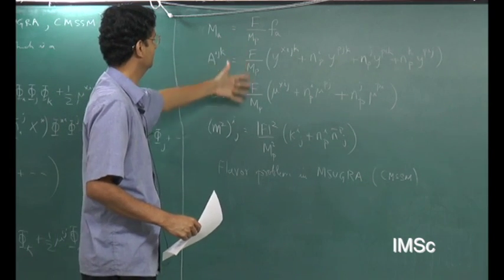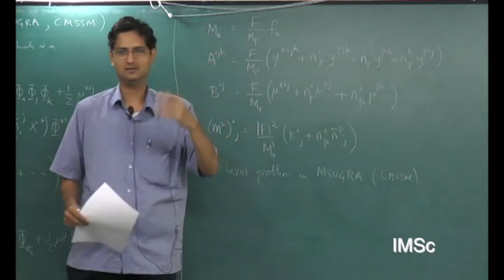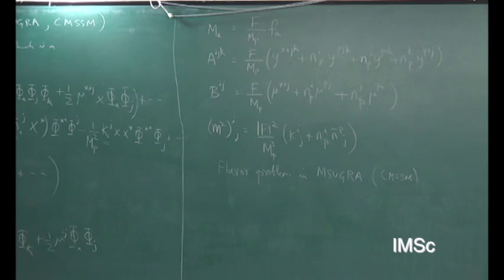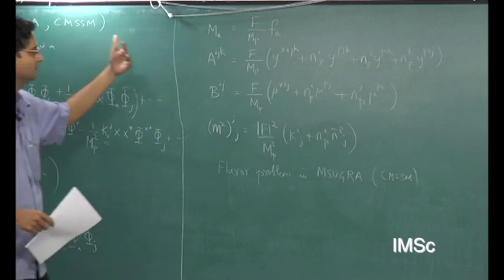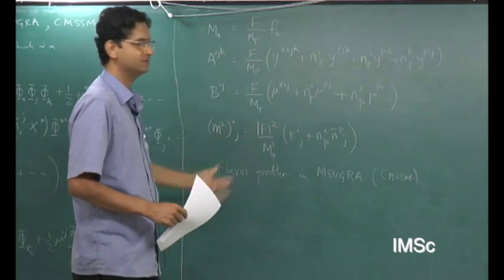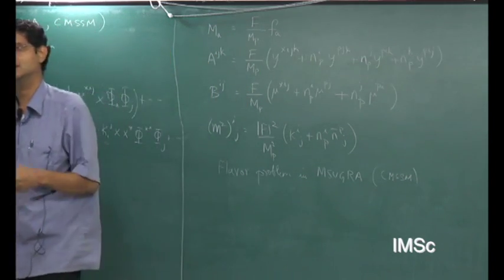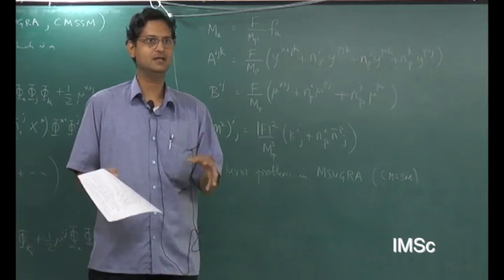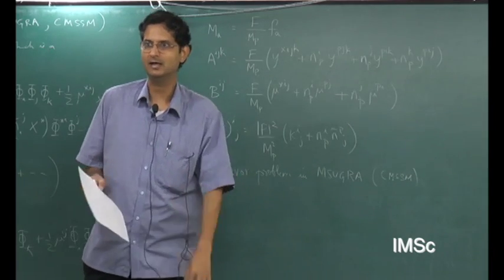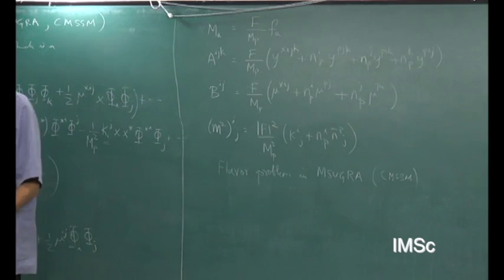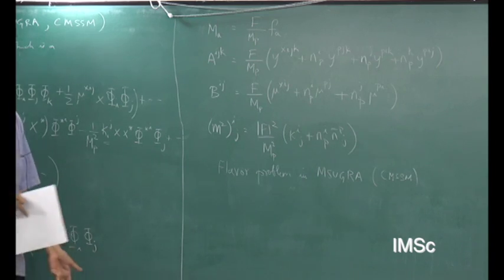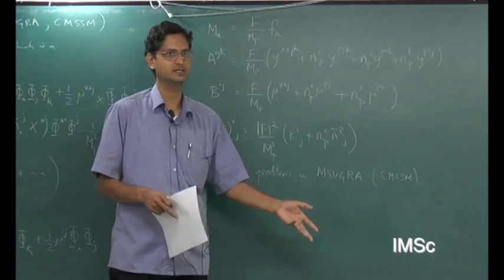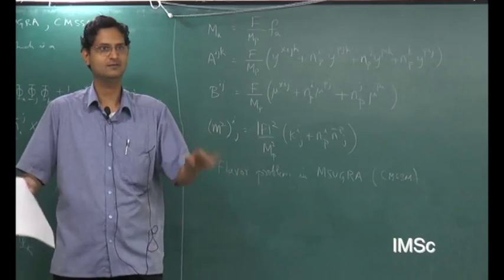to come about, or these terms come about at the gravity scale, because that's where gravitational effects are decoupling and generating all of these non-renormalizable operators. So although you are strictly supposed to put these boundary conditions at M Planck, I don't know, for convenience or what, people just put it at the GUT scale, because we don't really know. At least we have some theories and some ideas about how to write down GUT theories, and we can do the RGs and everything up to the GUT scale, but beyond the GUT scale we don't know what physics is operating.